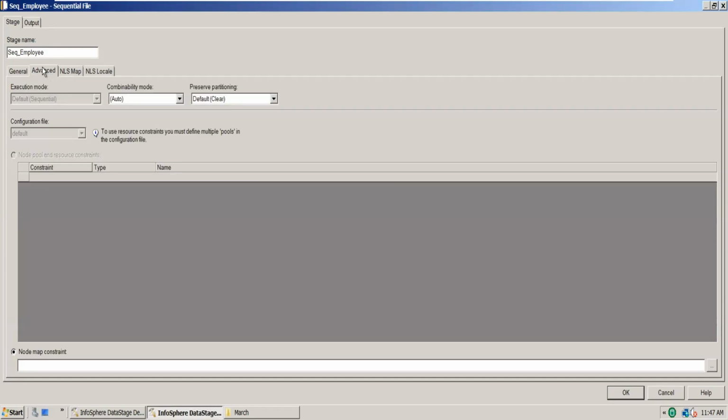So in the advanced tab, we are going to have execution mode, combinability mode, and partitioning. To make you understand these things, first we need to understand the execution of a job. We will discuss this execution in a couple of days, because now it is not understandable. DataStage